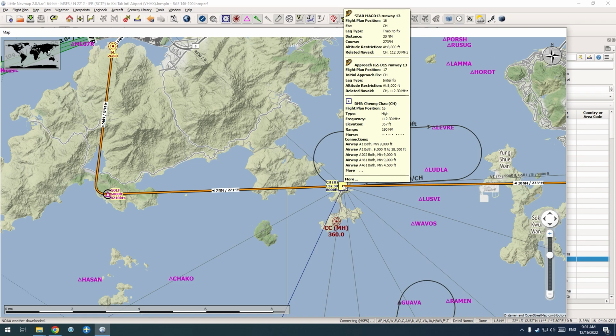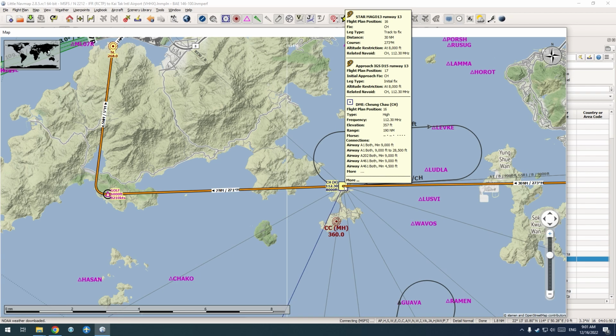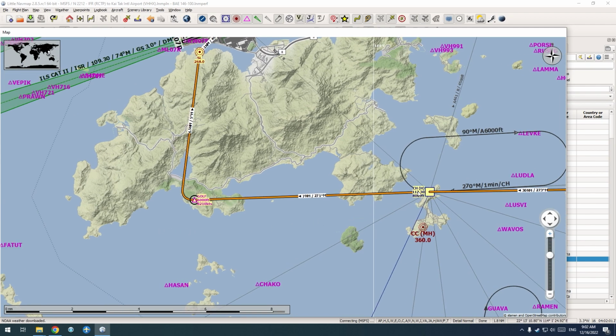If I try to pronounce it, looking from the description here. And this is the first waypoint in the approach. After transitioning from the STAR, the standard arrival procedure, you have to approach the Charlie Hotel, or Cheung Chau VOR, at 8,000 feet, and then the next waypoint is Golf. Now the MCDU will allow me to enter Charlie Hotel, but it doesn't recognize Golf, and